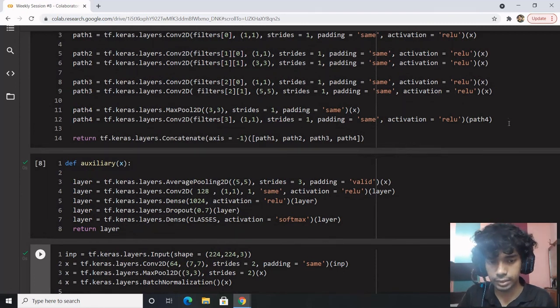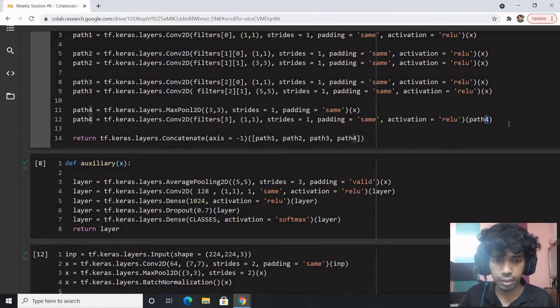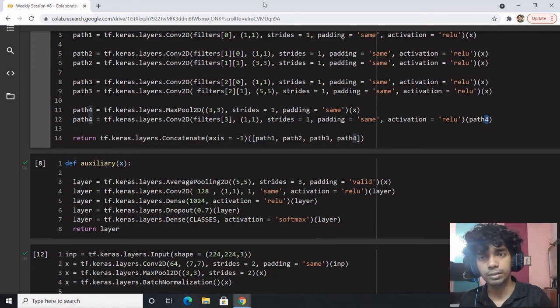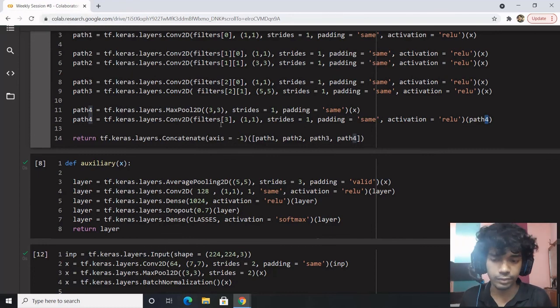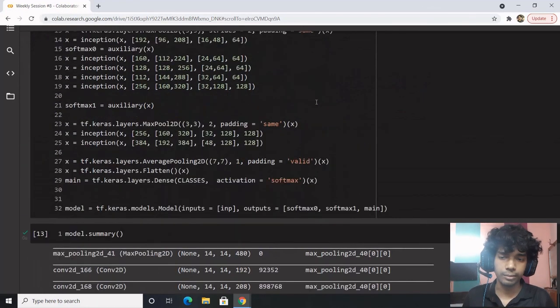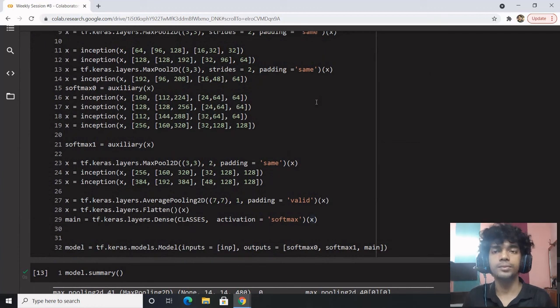So I can pass in over here, I can pass in path 2. I need not care. So that's the level of flexibility you obtain. Every path is obtained as an output. You can obtain any particular path, store it in any variable. That is the flexibility that is provided with the functional API. You will appreciate it more once we move on to the ResNet implementation, which will be there in the next session as we are running out of time.